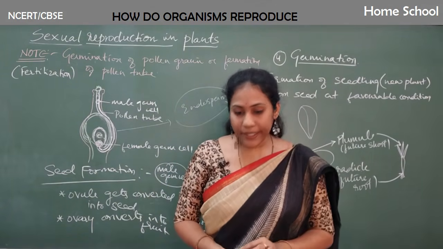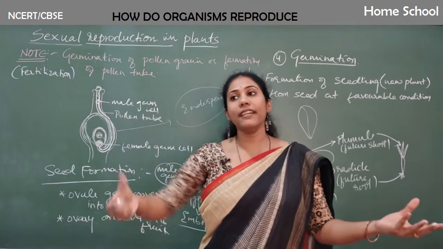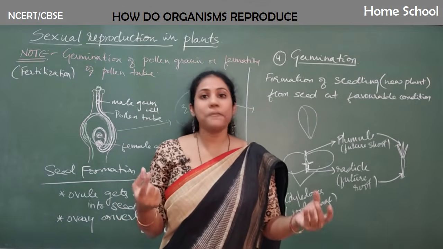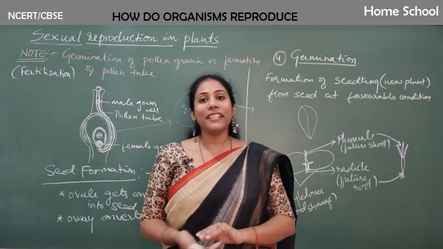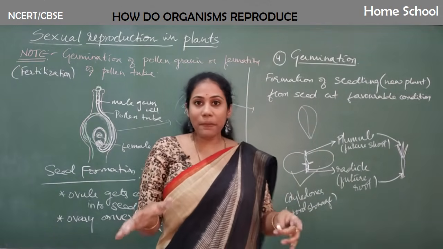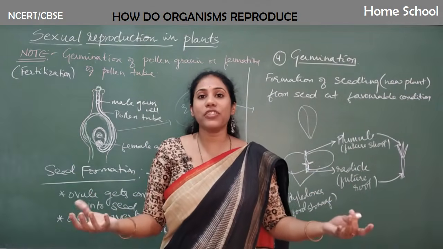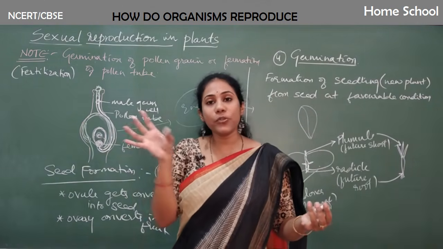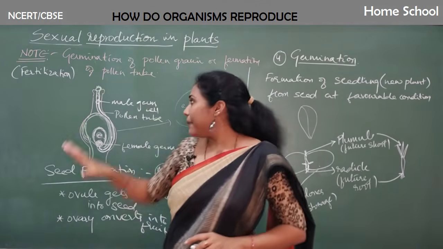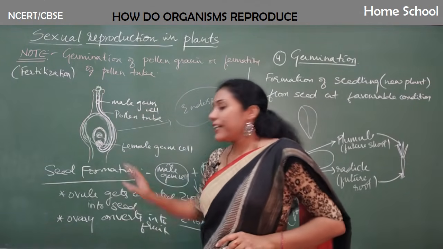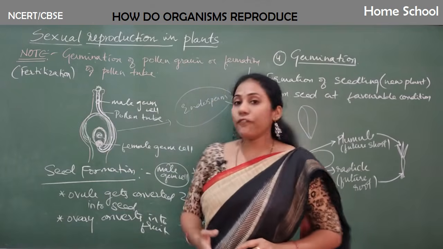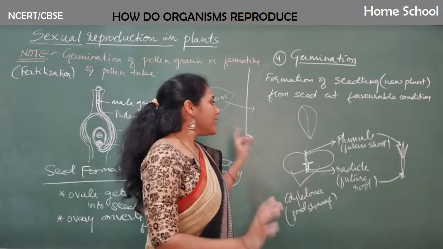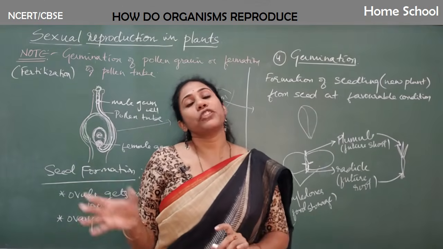Straight away there can be a question like, explain the steps of germination. If they ask you the steps of germination, you should mention right from pollination, what happens for germination to take place. From the starting you have to mention. The first thing you have to mention is pollination. Pollination is nothing but the transfer of pollen grains from anther to stigma, all that you have to tell. After that you should tell about the growth of the pollen tube. After that, fertilization. After that, how a seed is getting formed, and later you have to write what you mean by germination. So these are the steps you have to mention if sexual reproduction of a flower is asked,